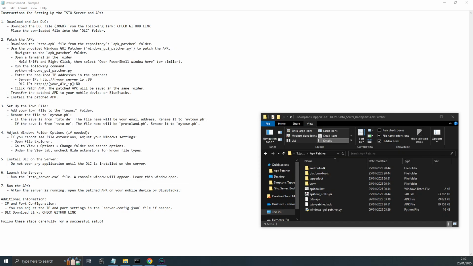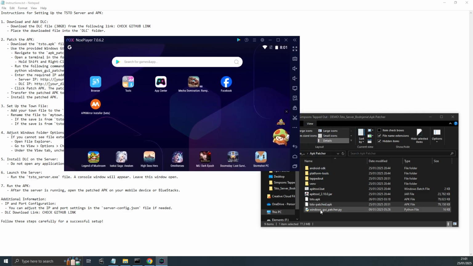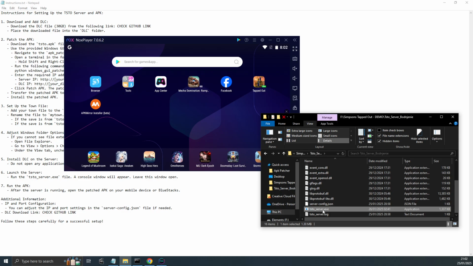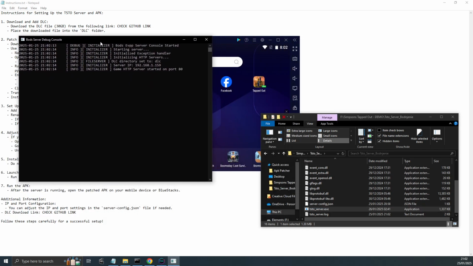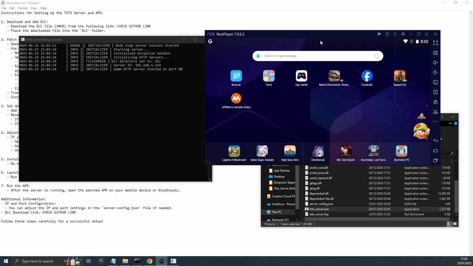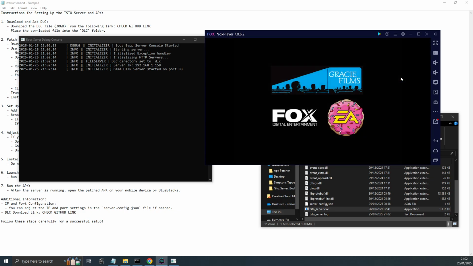So the next step is to install the APK, the patched APK. What you do is open Nox Player, and you can drag that into here, which will install. Then you can run that, but you need to have the server open. So if you back out of this, you then click on the server, and it will open a window here. You can see it set the DLC to the DLC folder. So if I click tap to play and launch this,